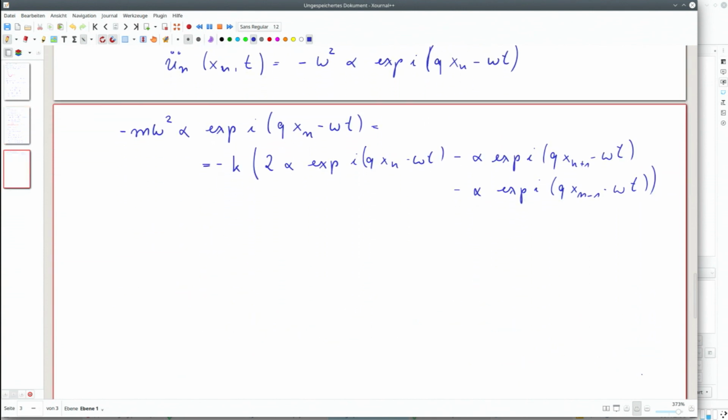And you see that many terms cancel out. So alpha cancels out. Also the exponential I omega t cancels out. So perhaps I just erase it here. So, and the minus sign also. So in the first step,